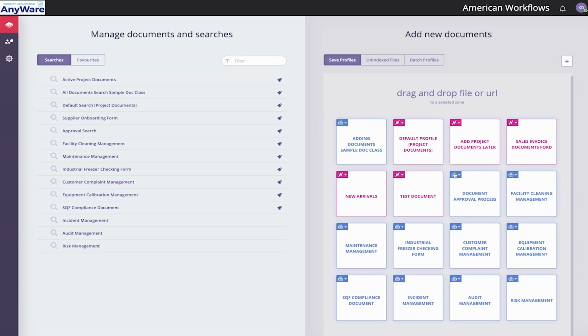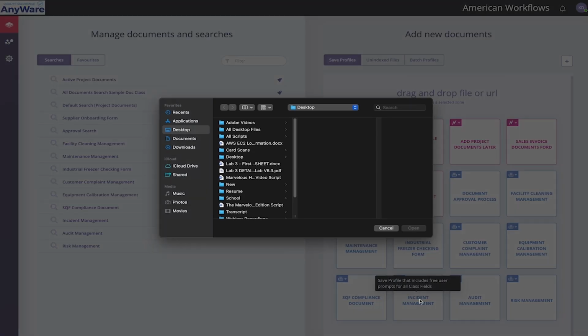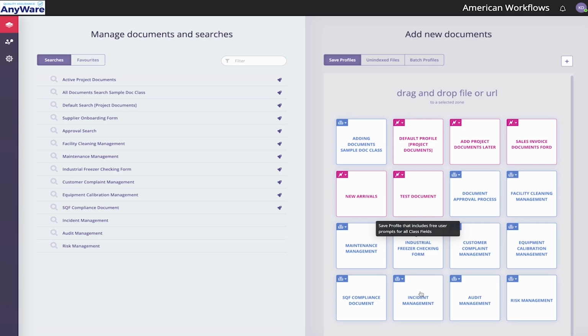As you can see, we have several folders. This can be an incident management folder, an audit management folder, a risk management folder, and so forth. In order to upload a document, for example, if I want to upload something about incident management, I can click on it and choose which form I'm going to be posting from my laptop. And once it's done, the document will go on the left side, which is a search profile